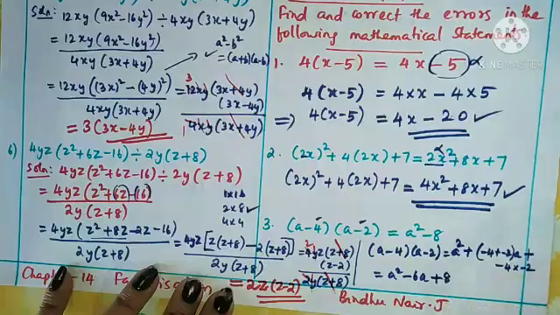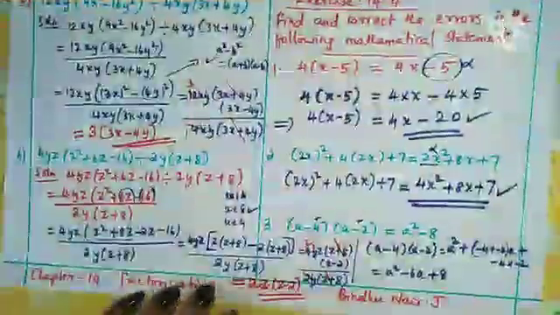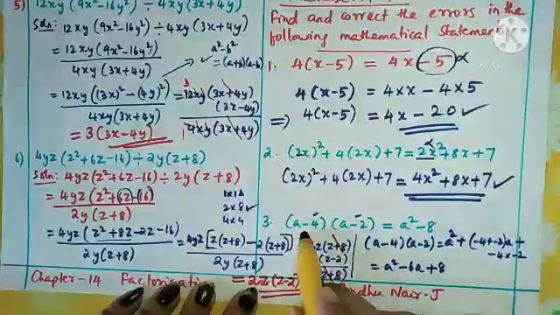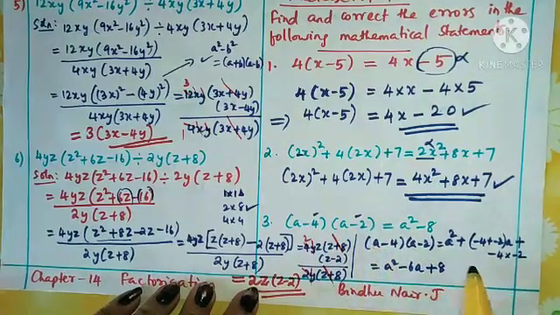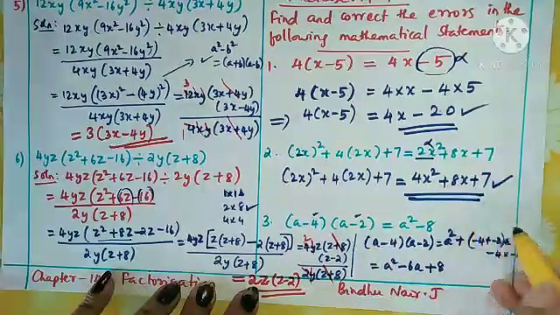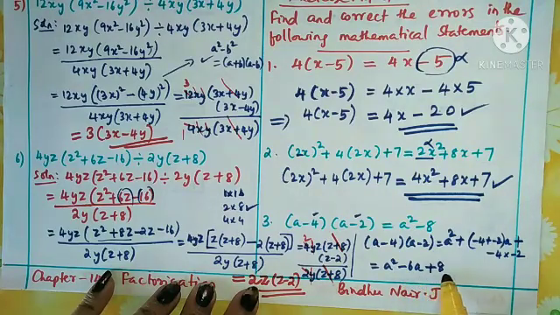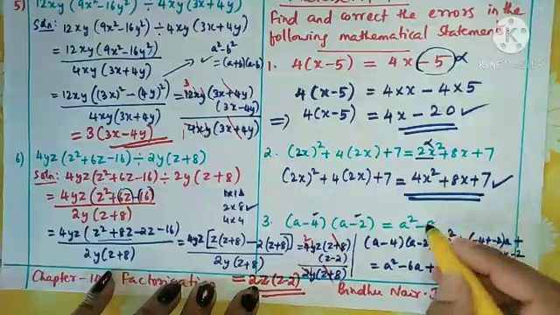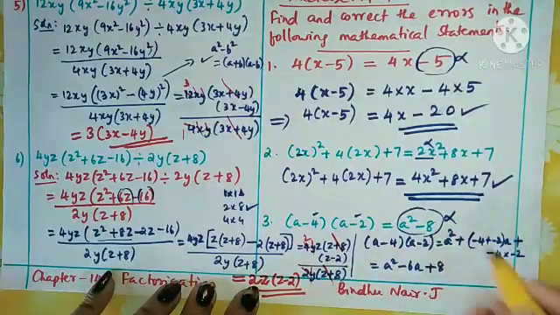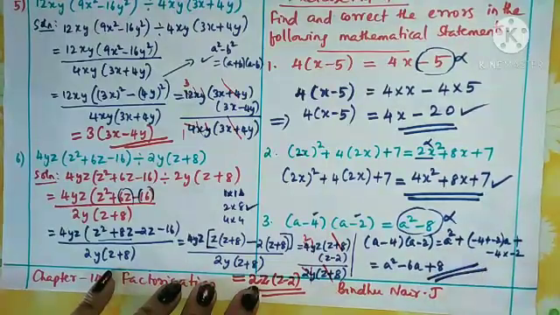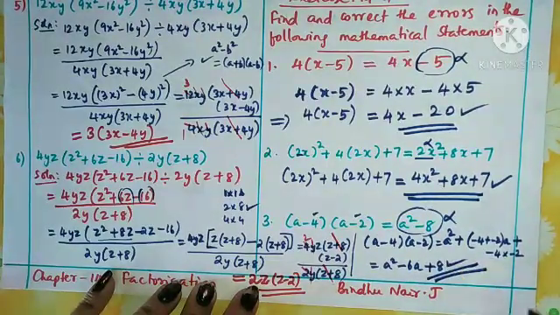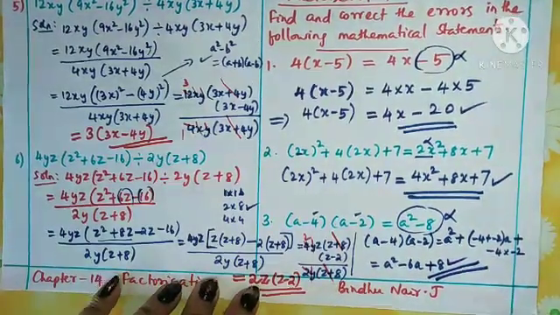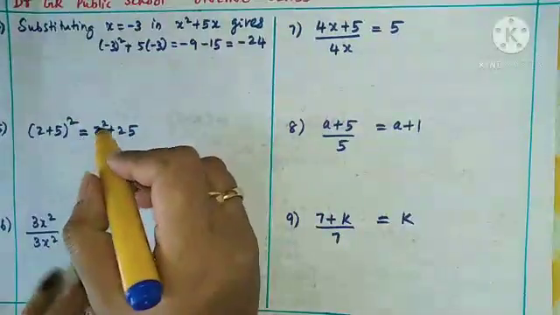4 into 2, 8. You can understand from here this (a − 4)(a − 2), when you solve by the fourth identity, you are getting a² − 6a + 8. But here in this answer it is given a² − 8. So this is wrong. Okay. a² − 6a + 8 is the correct answer. So this is the correct answer for this statement. Now you see the next type of questions.